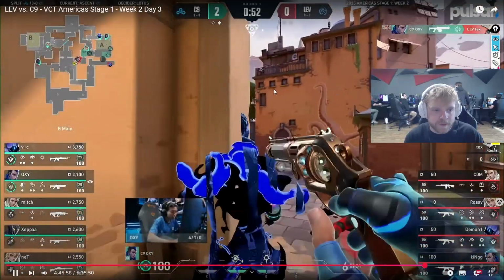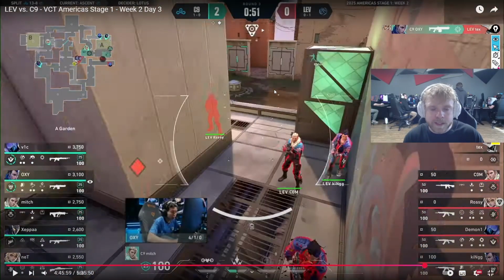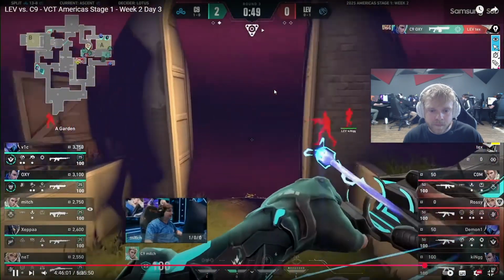With the setup, he gets killed. And now Levitt is in a really, really bad spot. He swings back around to finish it up. And if they try to go in through tree, which is it...